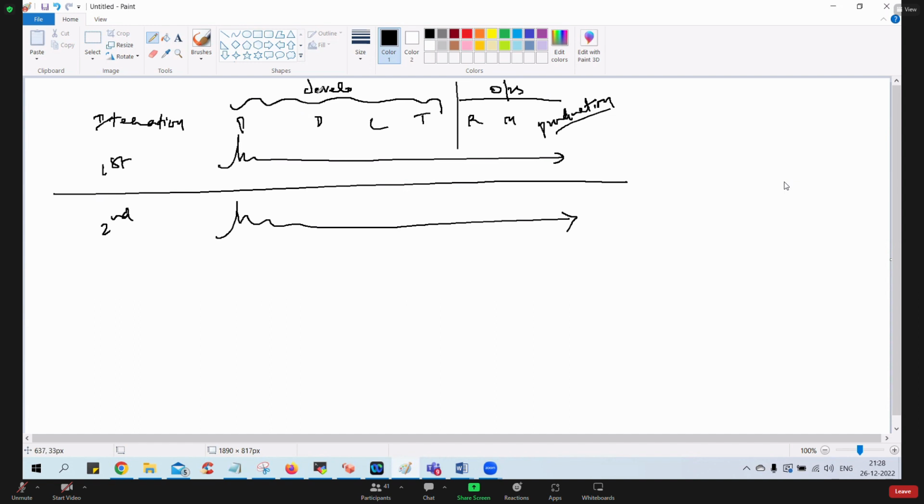And now the interesting fact is, the developers' objective is to develop the code, or to develop the features of the software. They develop it. That is their criteria. But once the code moves on to the production server, the objective of the operations team is to maintain the stability. Do you agree? So if any issues are coming out of the production, it is the ops team which is going to fix them, guys.